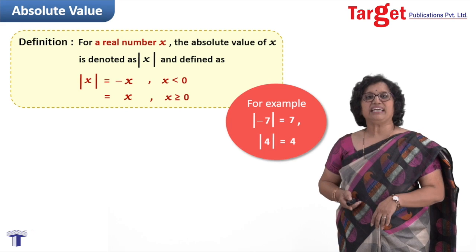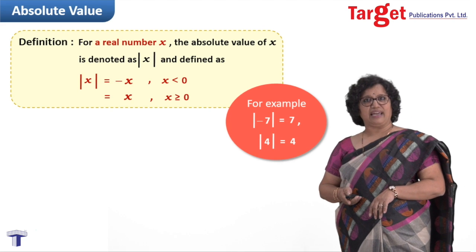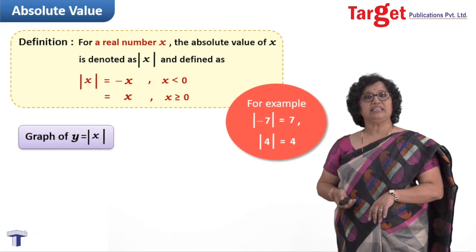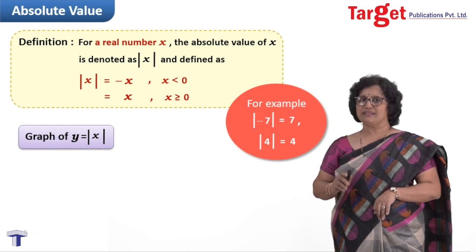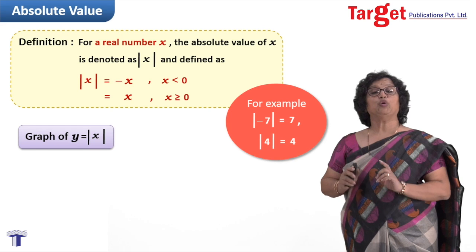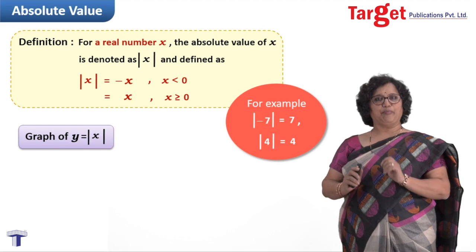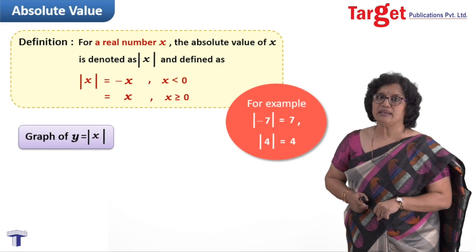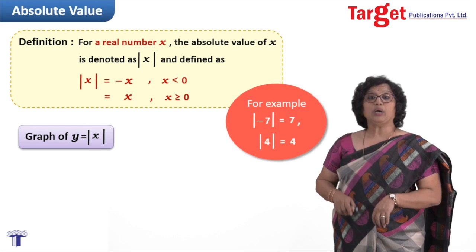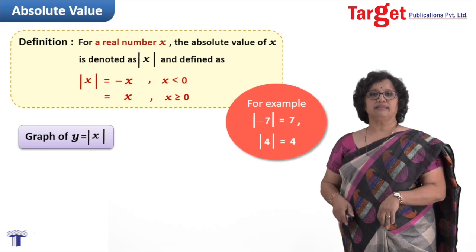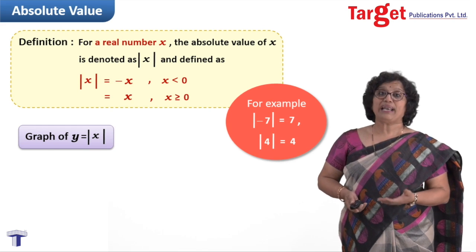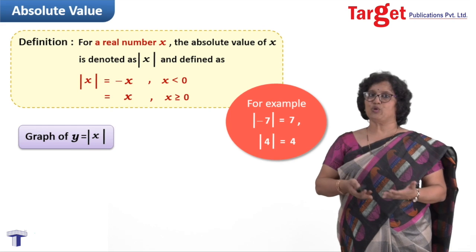The relationship between x and y is studied through the graph. So we want to study how the graph of y equal to absolute value of x is drawn. A graph is always drawn between two variables, named the independent variable and the dependent variable. What is our independent variable here? That number x, because x takes values, say minus 7 or 4 or 3 or 2, whatever. So the number x would be called the independent variable from here onwards. And y, which I have named for the absolute value of x, would be named the dependent variable. Obviously, because as x changes, the absolute value of x will change.